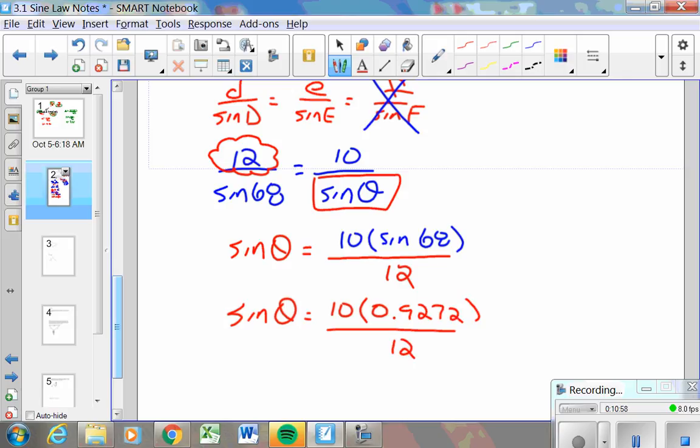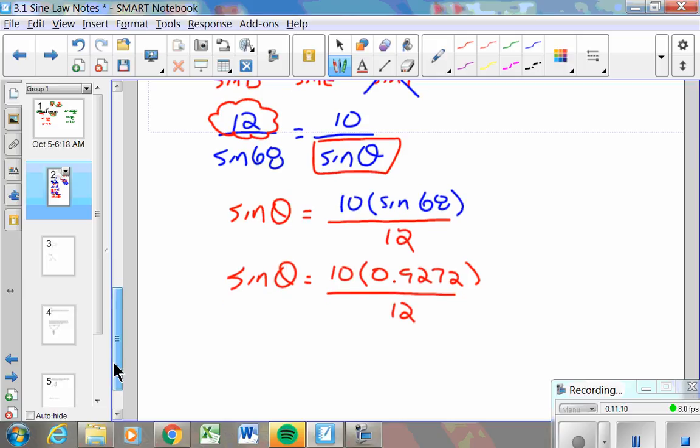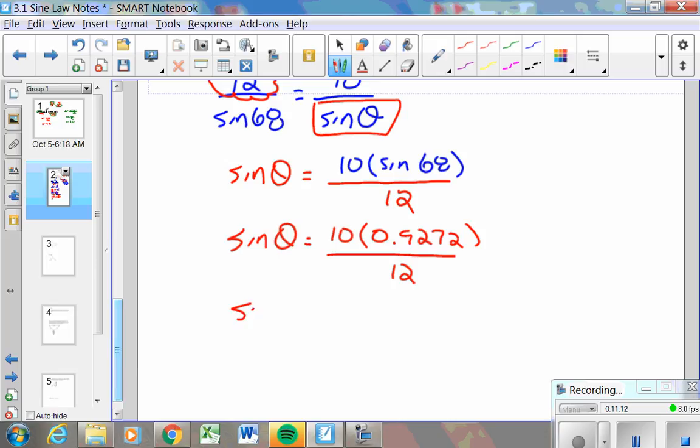So if I change this to a decimal, 10 times the sine ratio of 68 degrees, divided by 12, I have sine of theta. 10 times 0.9272 divided by 12, I get